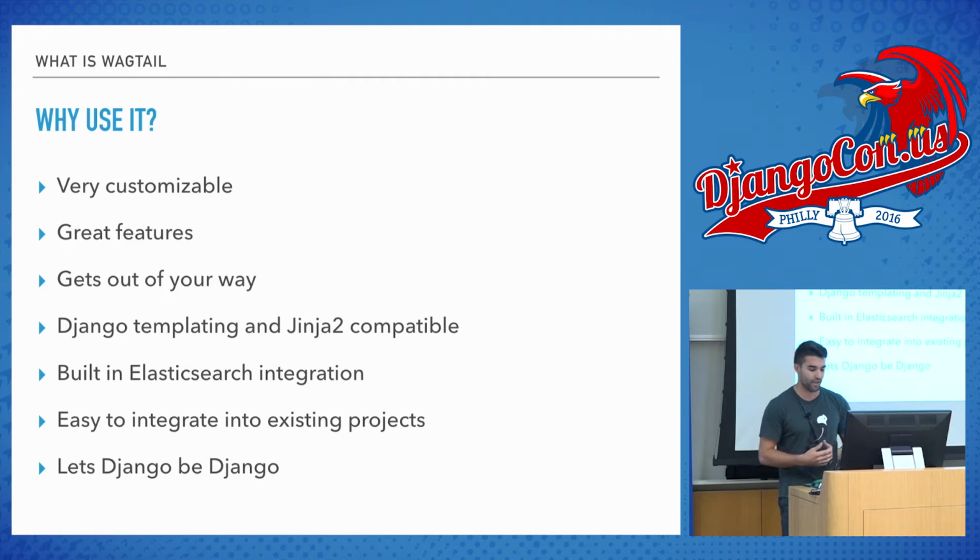So you put it in your installed apps, and you create your own sort of CMS, and I'll explain how you can create content types later. And it's not going to interfere with any of your other Django apps, and you could have only a blog that's powered by Wagtail. You don't have to have one project that has to be powered by Wagtail. It's not like that at all. And it lets Django be Django. And this is a really important thing. I think in the Mezzanine talk, he had mentioned this too. I haven't had so much experience with Mezzanine, but I found that Wagtail does this very well.